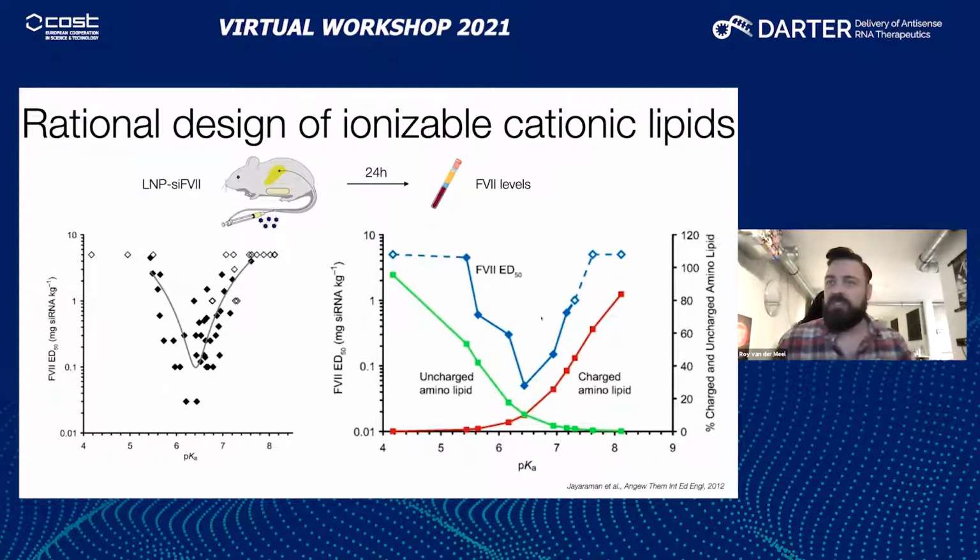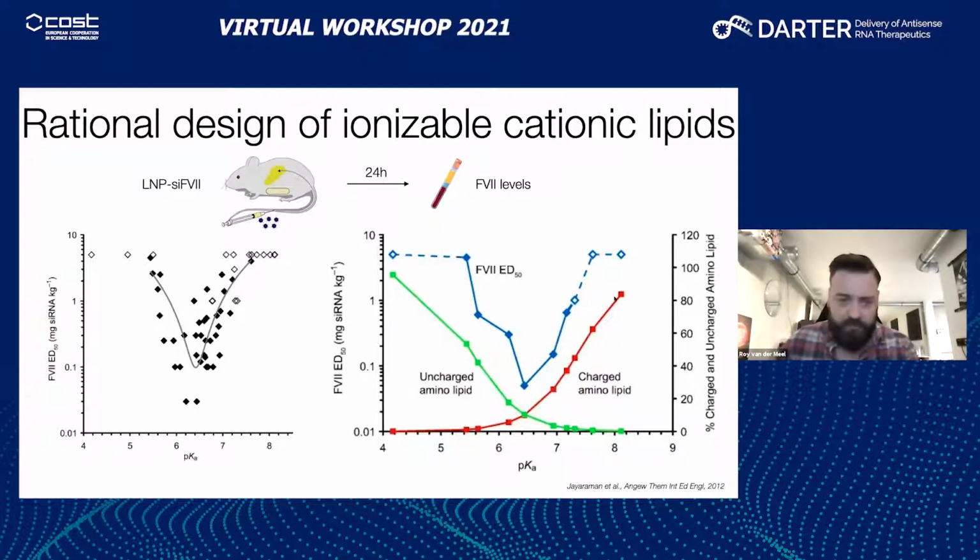And if you plot this again in blue on the right-hand side, the hepatic gene silencing activity in mice versus the pKa, and the calculated protonated and unprotonated ionizable cationic lipids in mole fractions, the mole percentage of each ionizable cationic lipid estimated to carry a positive charge in blood